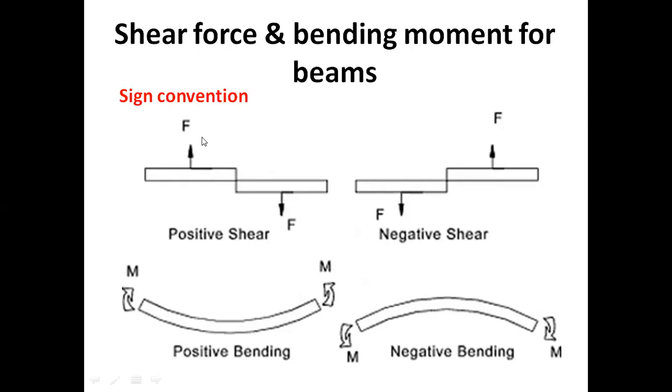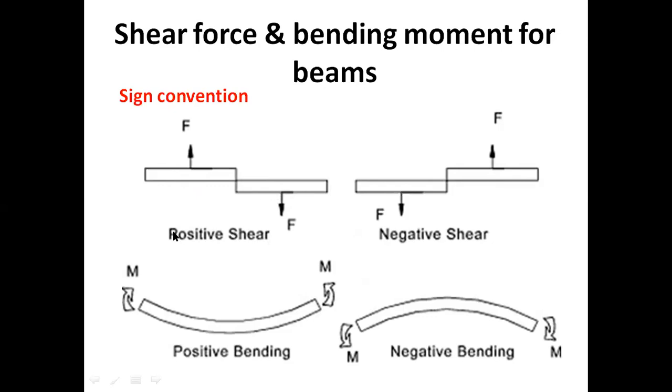If the application of the loads is such that the left hand side of the section appears to be moving in the upward direction, and the right hand side would be moving in the downward direction,